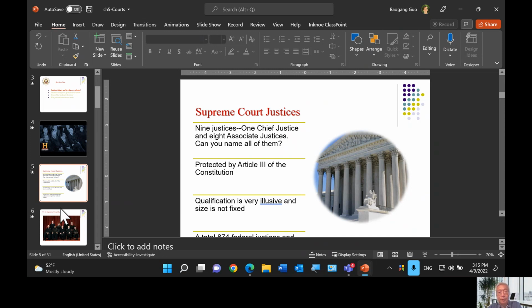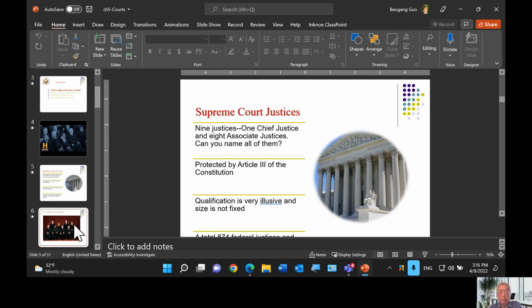There are some judges who are serving on specialized courts. Those courts are not protected by Article 3, but instead they are protected by Article 1, meaning that judges on the specialized courts are not serving for life. They serve a fixed term of office. So they're less secure than the judges and justices who are serving on the Article 3 court or constitutional court. Again, we'll talk about that definition a little bit later.